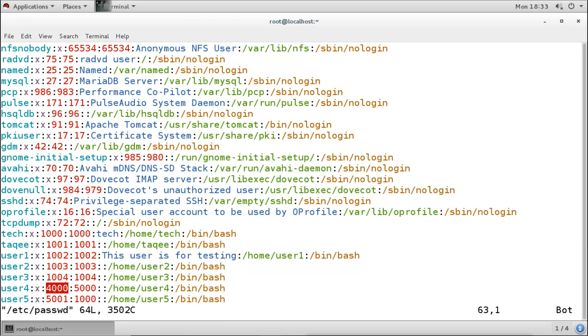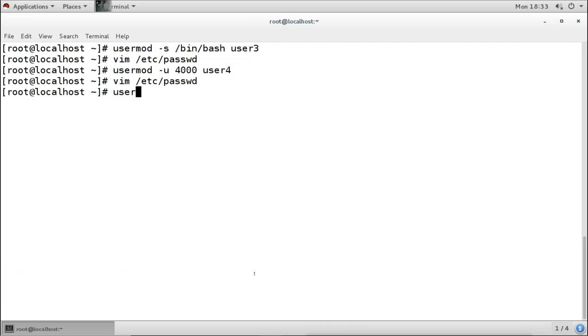But what does changing the GID mean? Changing the group membership. For example, for this user I want to change the GID. That means I will change the group membership from this group to any other group. For example, I want to change this user's group membership from 1000 to 1001. So I will use the same command with usermod -g. This is for the primary group, and then I will mention the GID, and then the username.